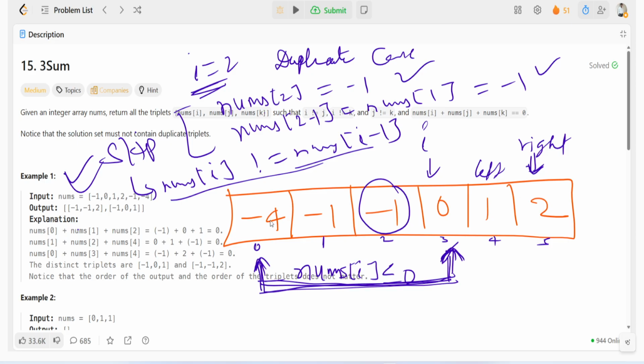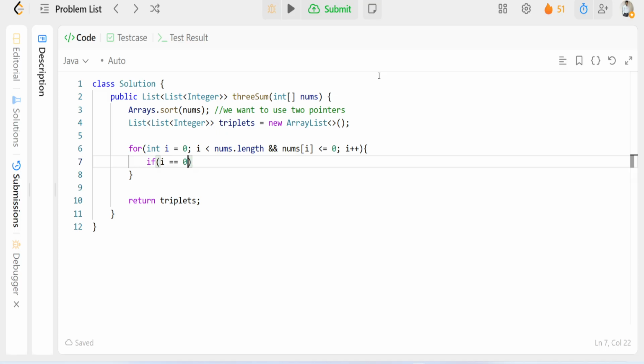So when we have the very first element, at i equal to 0, we do not have any previous value. So we will not apply this condition when i equals 0, but we will apply it for all the values from 0 to 3, because these are negative values or 0, which means there is less contribution to the sum, because we need the sum 0. So i equal to 0 means there is no previous value we have,